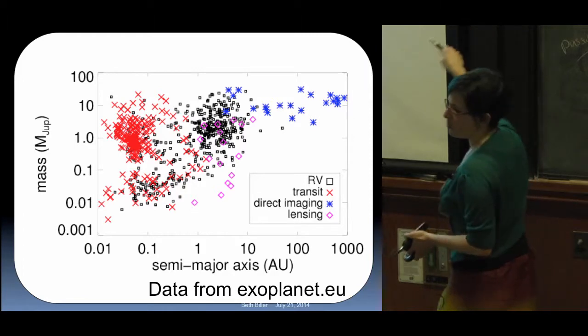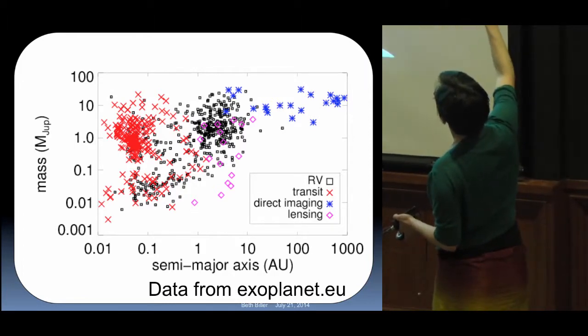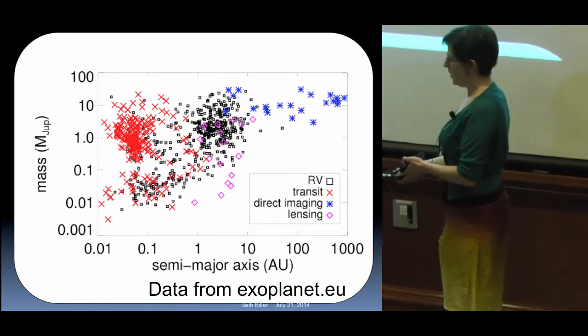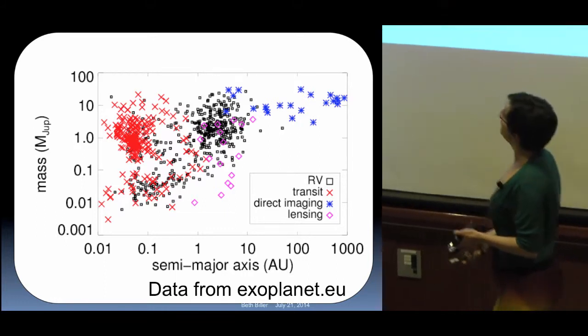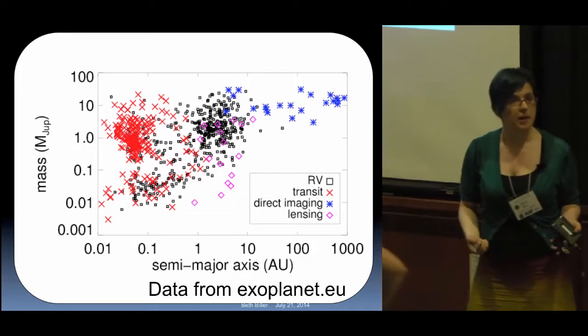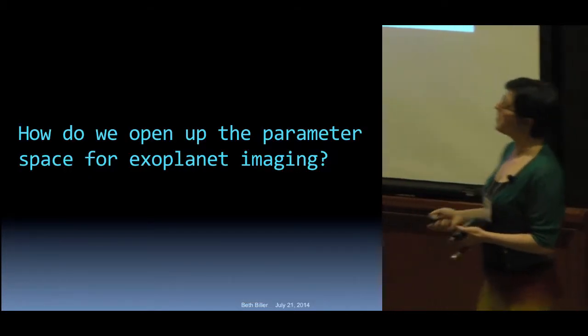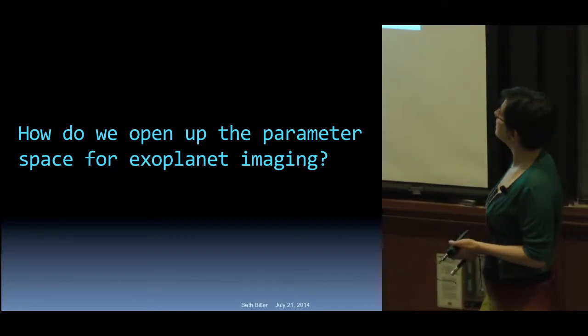So I'm going to talk about how we might do that, but also how we opened up the parameter space to find these objects as well, especially through large surveys. So I'm just going to go step by step in terms of how we open up parameter space for direct imaging. Step 1, especially from the ground,